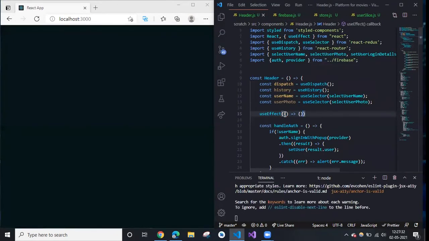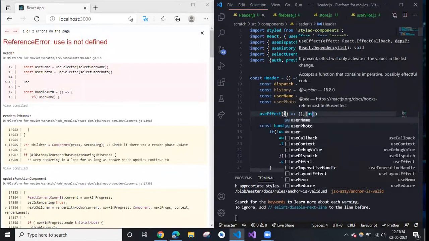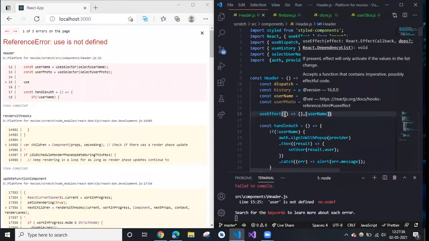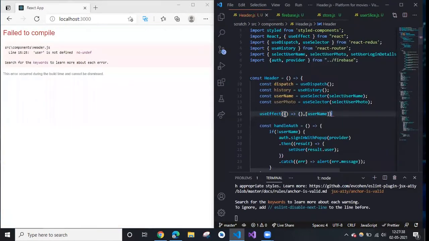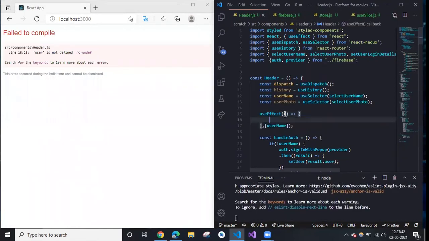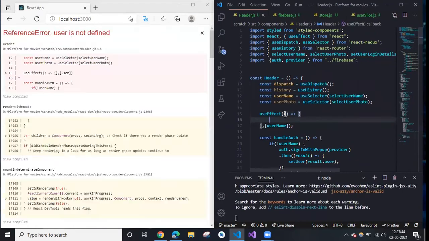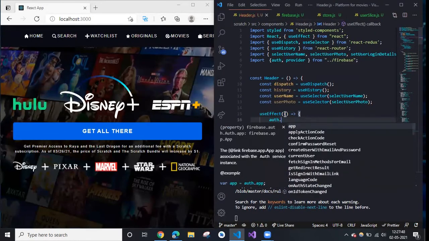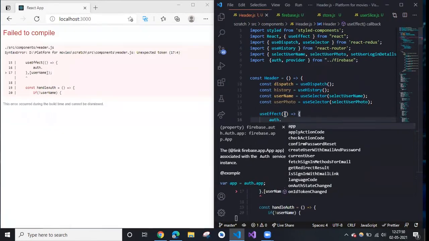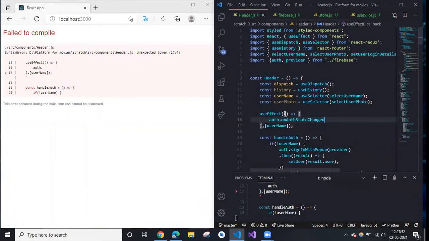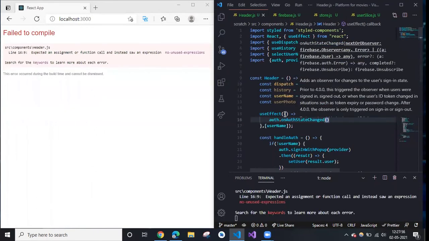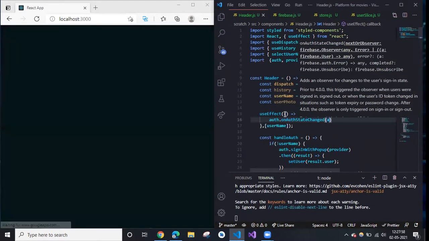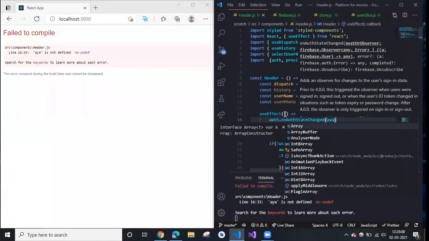So here we will take username, okay, and then here semicolon. Inside this we will write code. So we will use auth dot onAuthStateChanged. So it will set the auth state. So here we will use an async